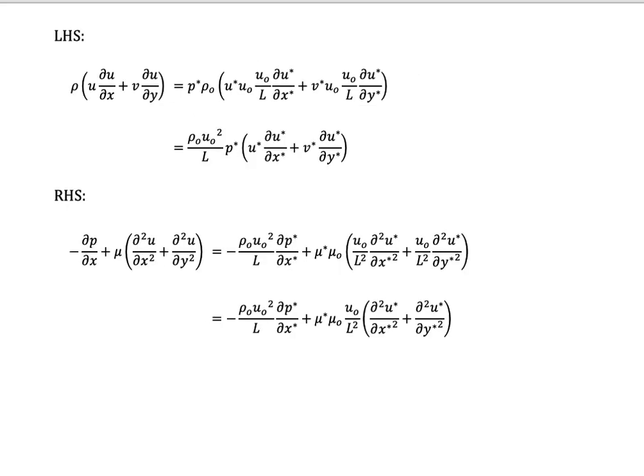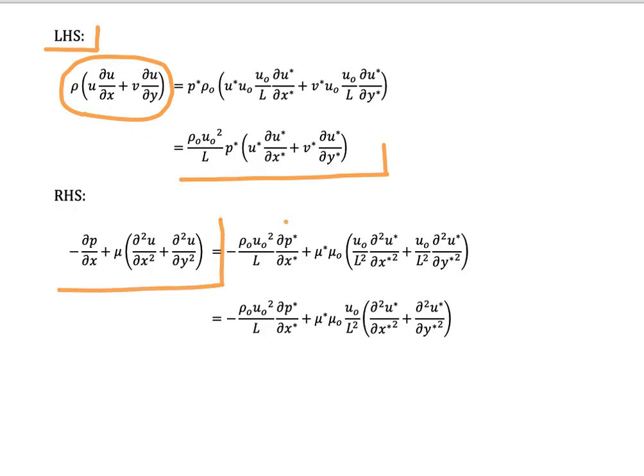Now we could solve that equation. For example, we solve the left-hand side first. So the left-hand side is like this. We substitute all the terms that we got from the previous calculation, so we could get this. And then for the right-hand side, this is the term for the right-hand side. We substitute all the terms, you could see here, and then we could factorize it. So finally, we could have